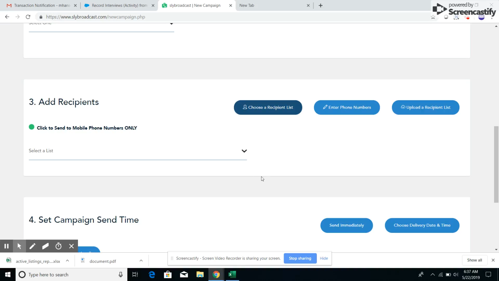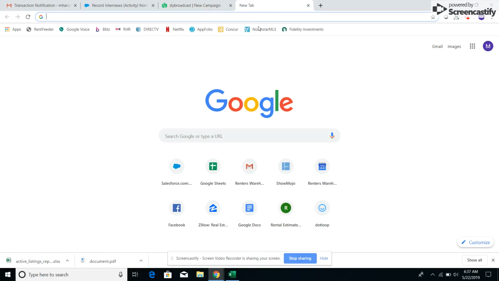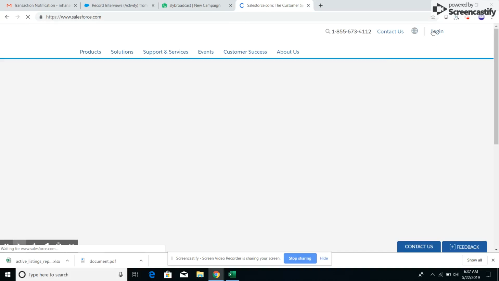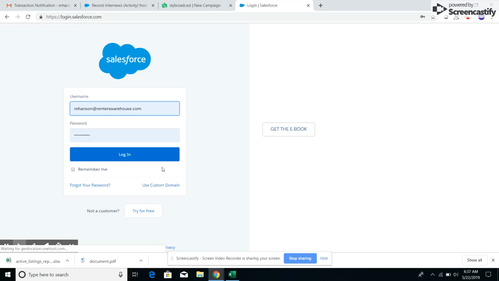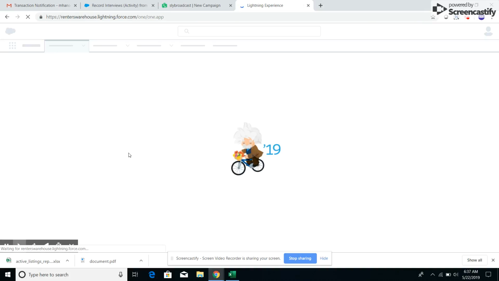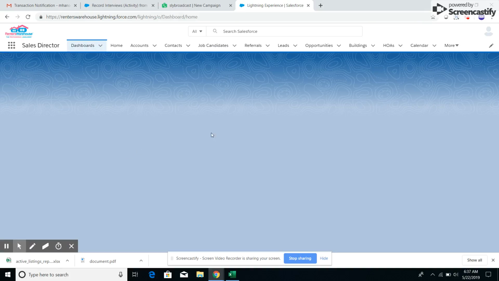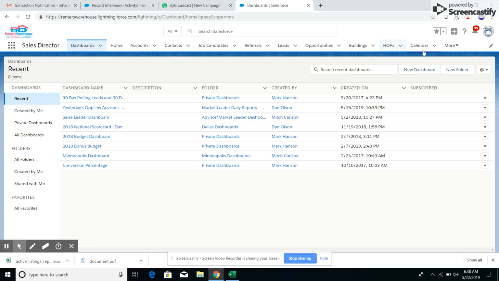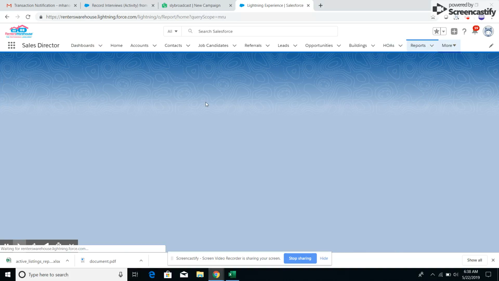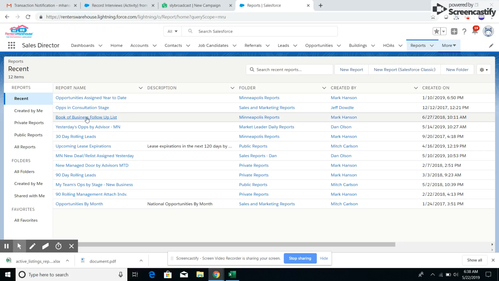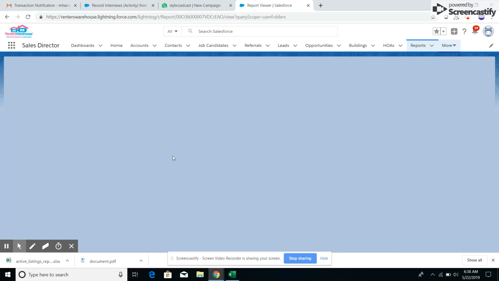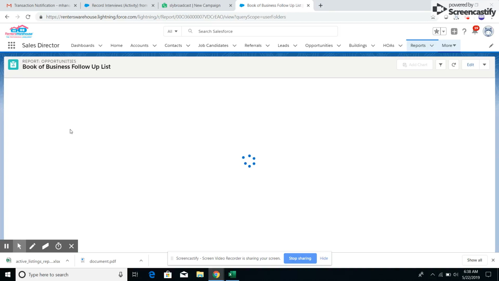So this is the part where you would add who you want those to go to. So if you're doing it from Salesforce, Book of Business, you would go to Salesforce, log in. And then you would go to your reports, and there's a report that's called Book of Business Follow-Up List that Mitch helped me design, and this shows every